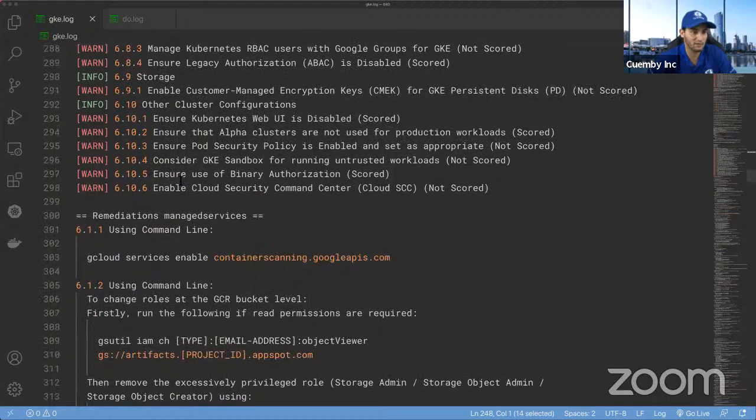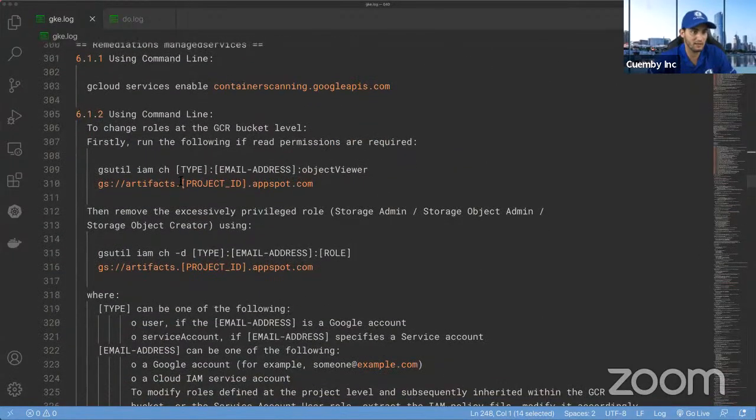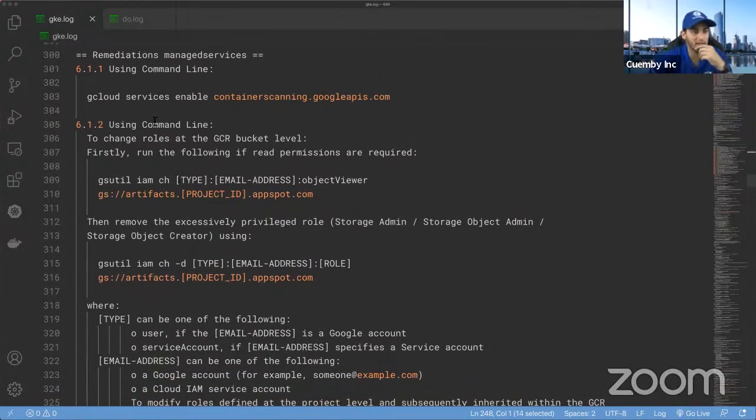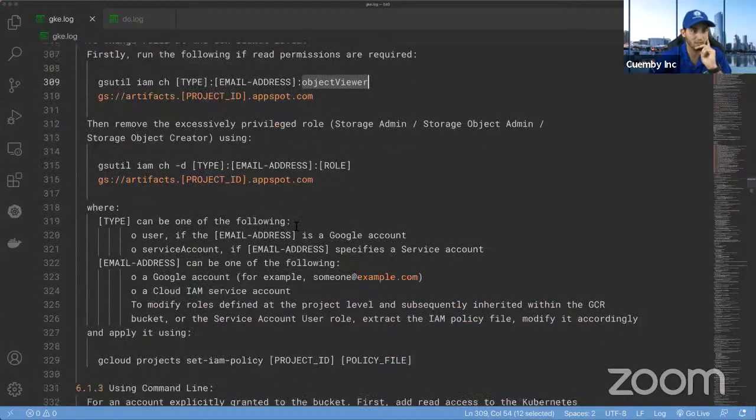But now we have the managed services. Let's see what they say here. Cool. So they're actually telling you that the G-Cloud service is enabled. You should have container scanning enabled. You should have all the things here, interesting. They tell you how to use different types of object viewer and stuff like that. So it's pretty cool.